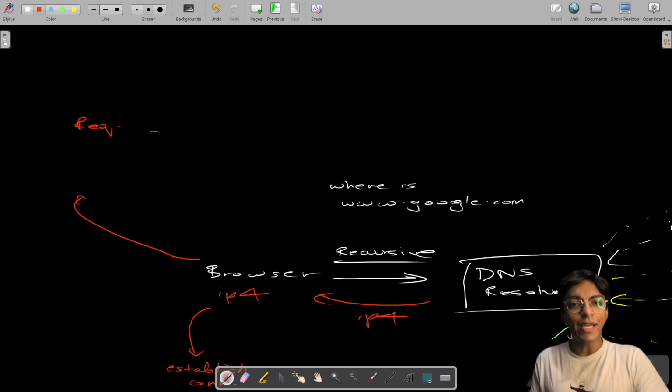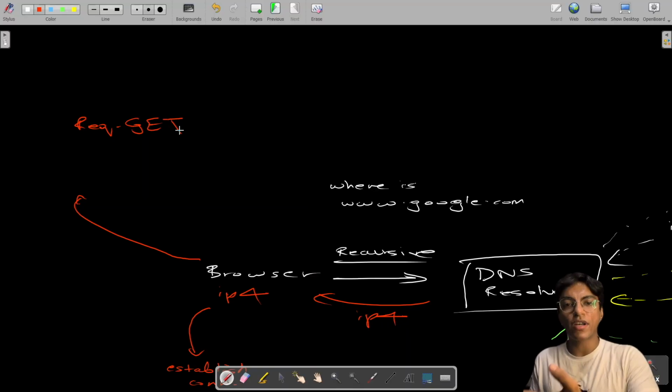Like the request type. That could be, let's say, your GET request. There could be a POST request, PUT request, patch, delete request. Doesn't matter. In a browser, when you enter a URL, it is a GET request that is made. Alright. But request types and protocols deserve a separate video. Not going into that right now. We have basically our request that is made over here. And with the GET request,